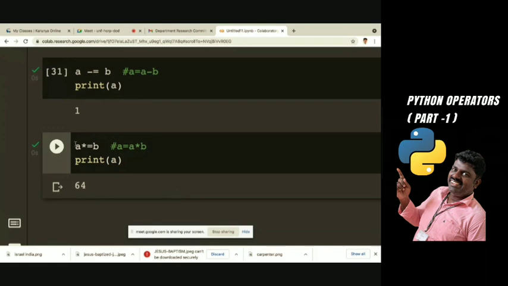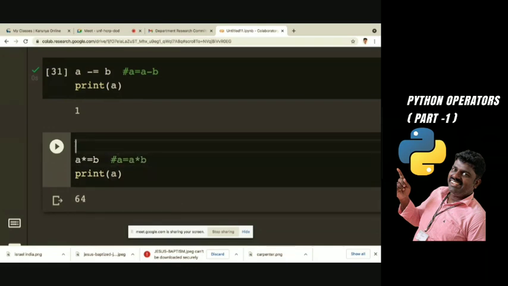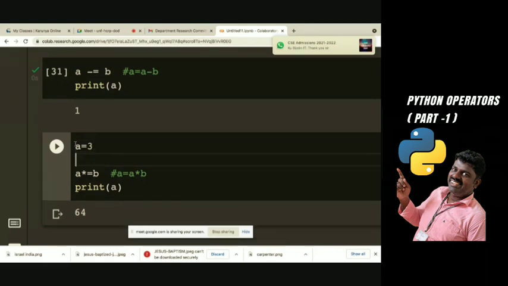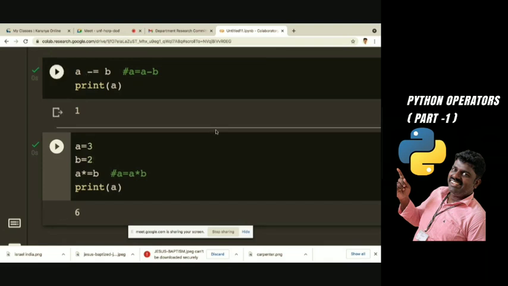We will give a new value because it is updated and it gets confusing. So A equal to 3, B equal to 2. So 3 into 2. Got my point? If you are using the same variable, such confusion occurs, because normally we will not use the same variable; we will use different variables for different expressions, right?